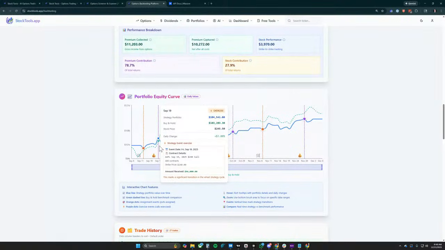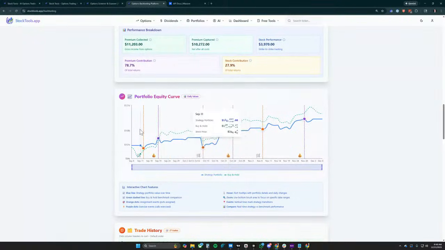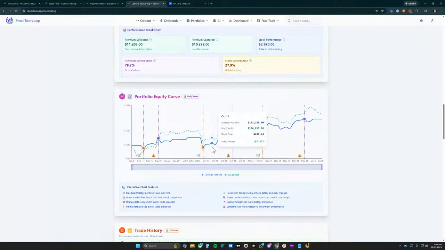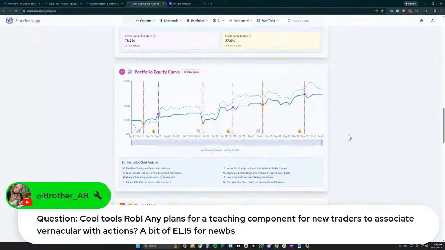So now we're calling. We finally got assigned our call here. You can see price went up, and now we're selling puts for these whole couple of weeks, and we're selling more and more puts, and then we finally get assigned on this drop, and now we're riding share price up with everyone else, and then we get assigned again, and then we start selling puts, so we're flat until we get assigned again, and then we're back to wheeling.